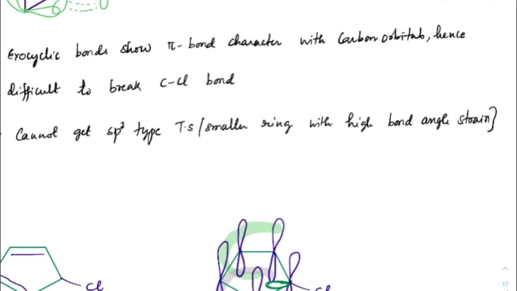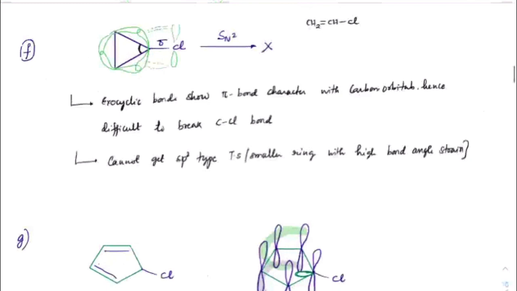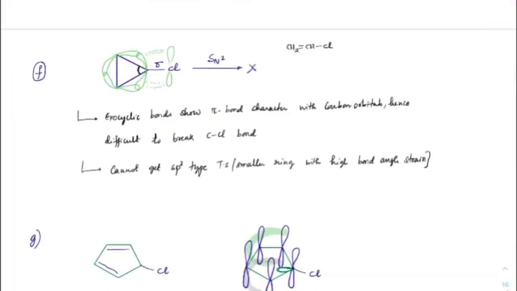We'll start checking out cyclobutyl, cyclopentyl, cyclohexyl as we go through the further examples, because these are only the cases where SN2 will never happen, right? So I'm only focusing on those examples. Slowly we'll see what happens in cyclohexyl, cyclopentyl, cyclobutyl. In that case, how the reactions happen by SN2, but at what rate?